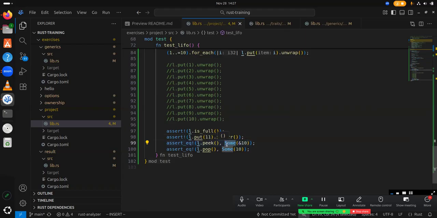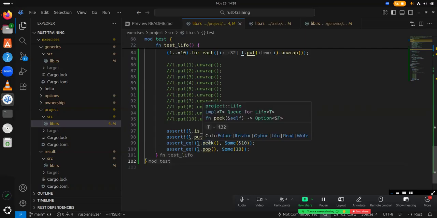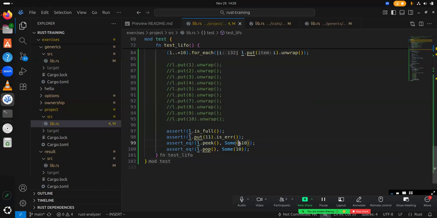This is the variant of the option enum. The option enum is either None or Some. And this method returns an option of a reference to type T, and in our case, T is i32. So we should expect the result of this method to be either None or a Some with a value inside. Okay. And here the value we are actually expecting is a reference to number 10